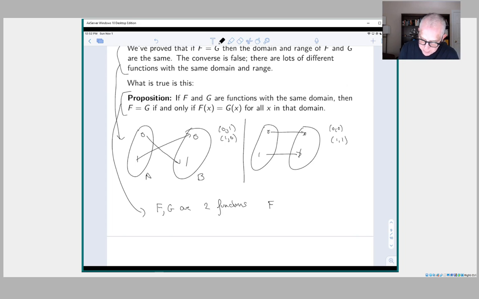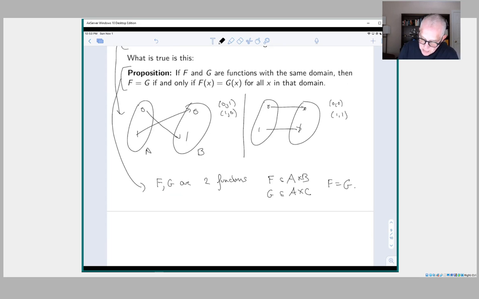Let's say that f belongs to A cross B and g belongs to A cross C, and f equals g. So we'll prove one direction first. Well, the fact that they're equal means that if we take x in A,